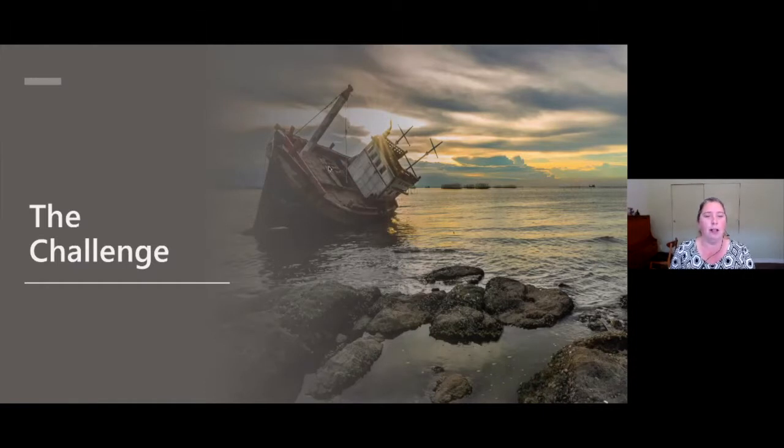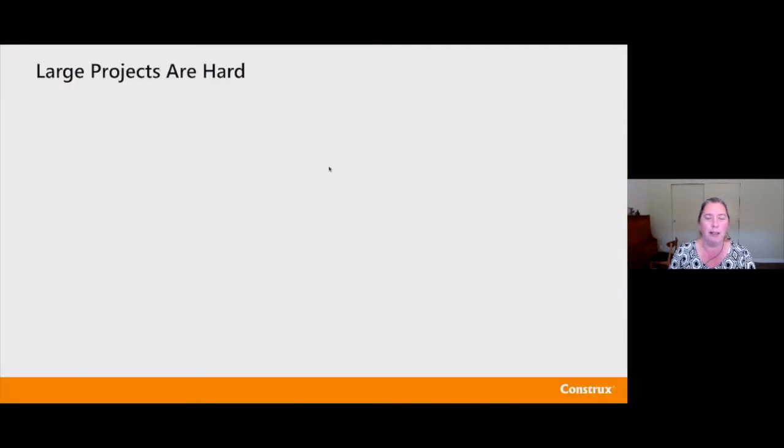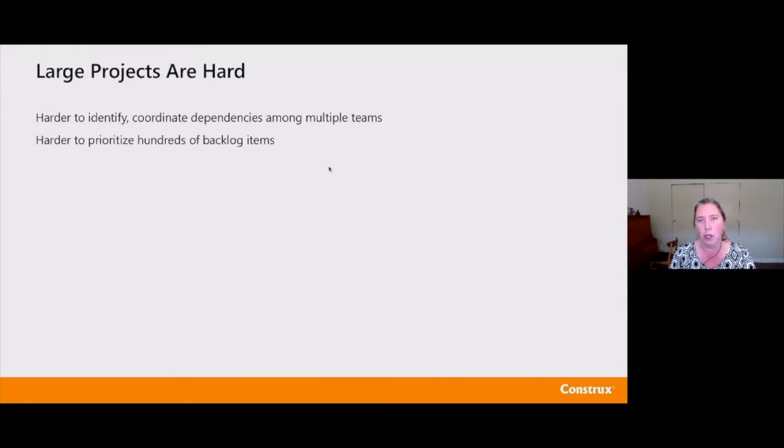So what is one of the challenges? Why are we even talking about scaling dysfunctions? Well, we're talking about scaling dysfunctions because large projects are fundamentally harder. Large projects have more dependencies to manage across a whole bunch of teams. Large projects have way more product backlog items or queue items that we need to manage, and we need to prioritize those. It gets harder to get good estimates across a whole number of dispersed teams and across a whole number of different backlog items